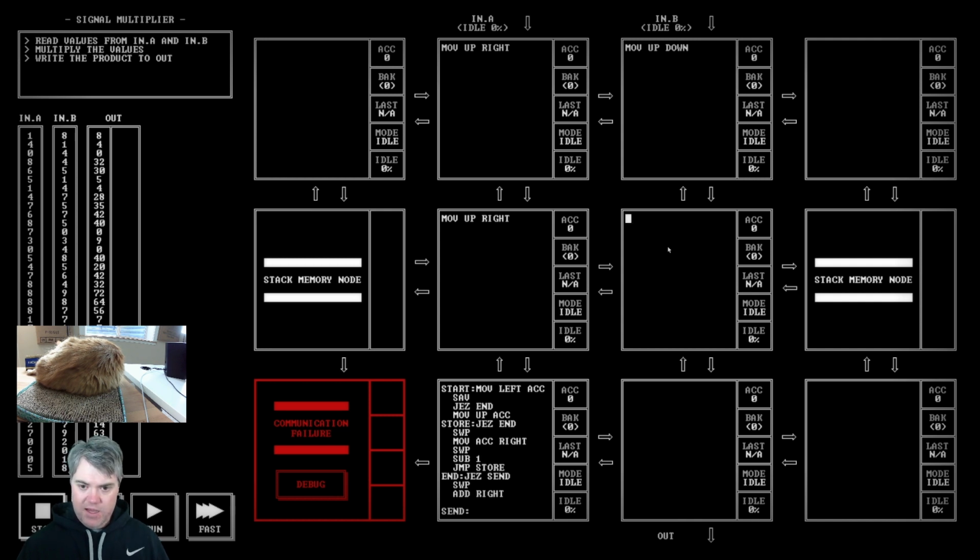Okay. I want to grab, let's say I grab B, and we're going to store it. So move you up to ACC, so we prepare you for that. I then want to start counting you down while I move you over to this. So then we jump. Okay, so if you're equal to 0,